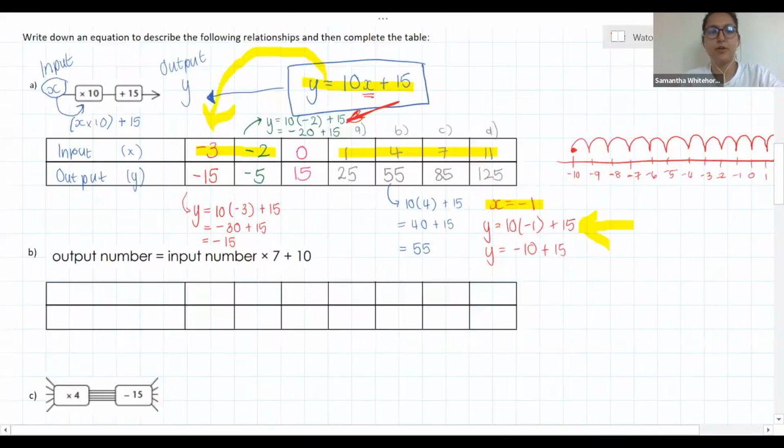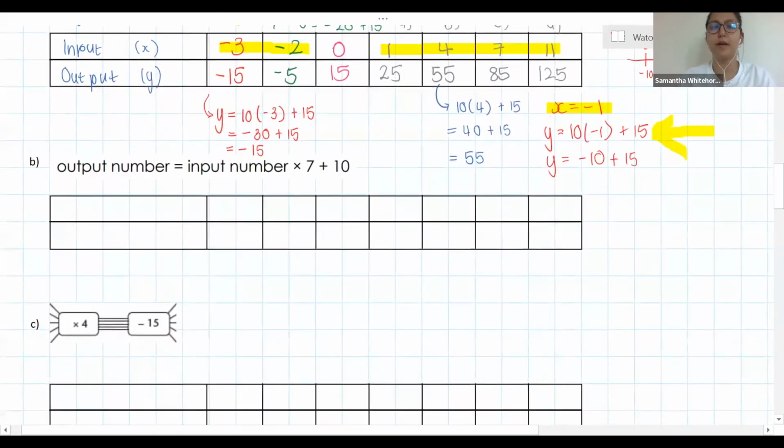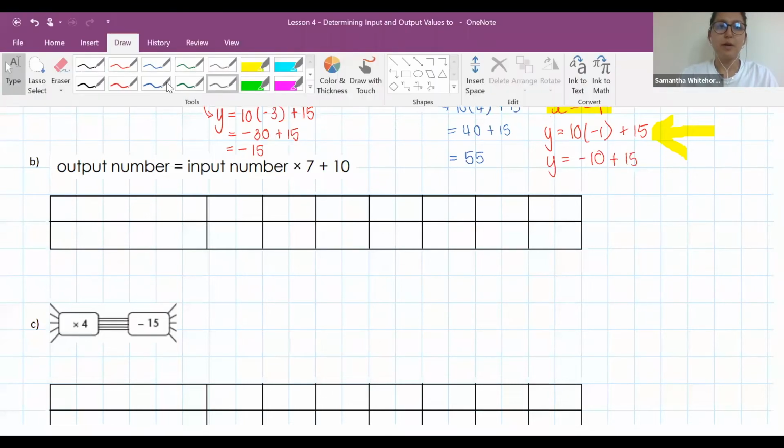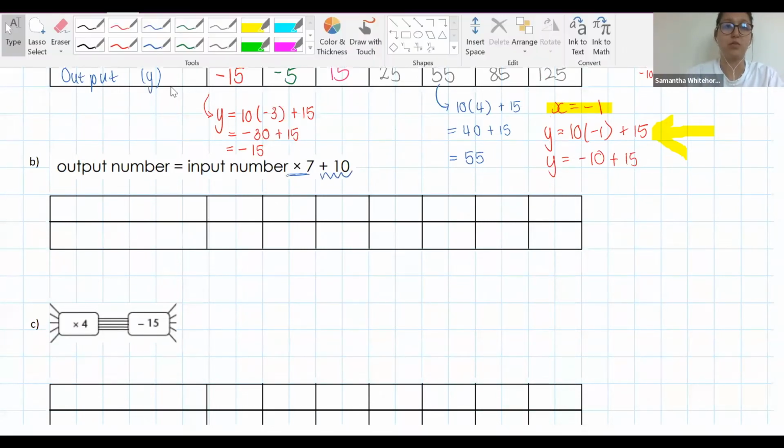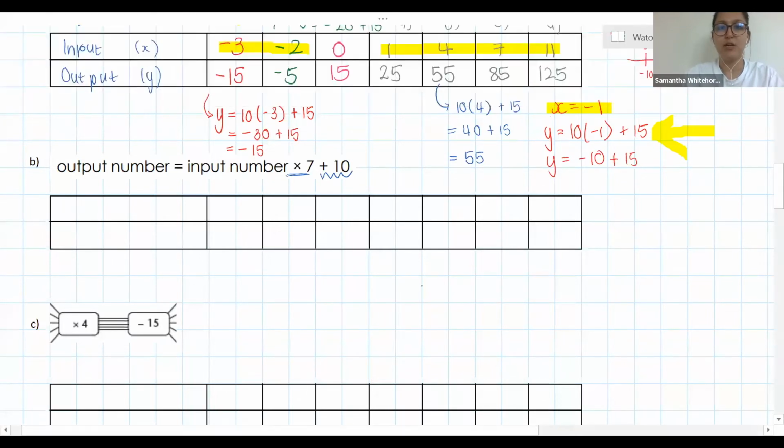Right, so our output number is equal to the input number times 7 plus 10. So you can obviously, by all means, work with something like that. But let's try and write an equation for ourselves. So if we wrote it as y is equal to,